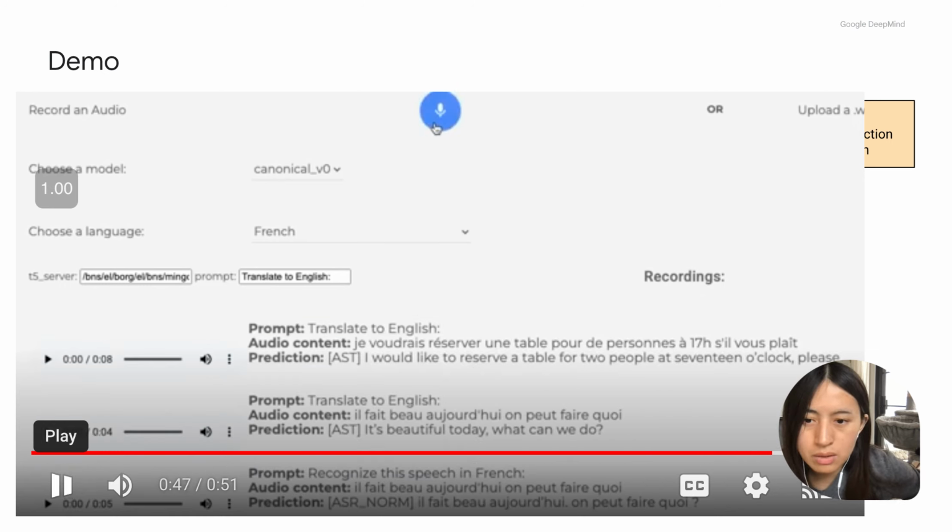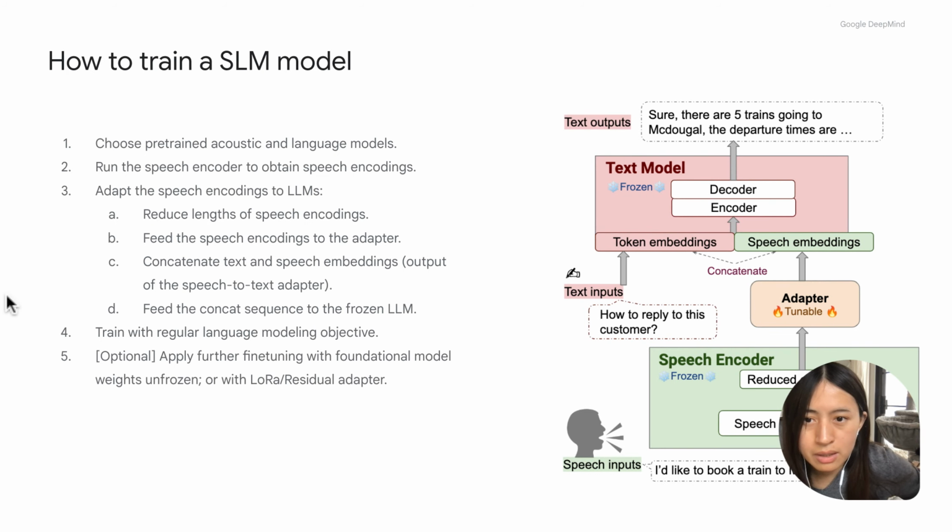So one thing you can notice here is we allow the model to choose a source language, but this is optional. If the source language is given, the model is able to predict more accurately. But without the source language, the model is also able to recognize. Okay, now since we've already seen some demos, the next question is how this model works and how do we